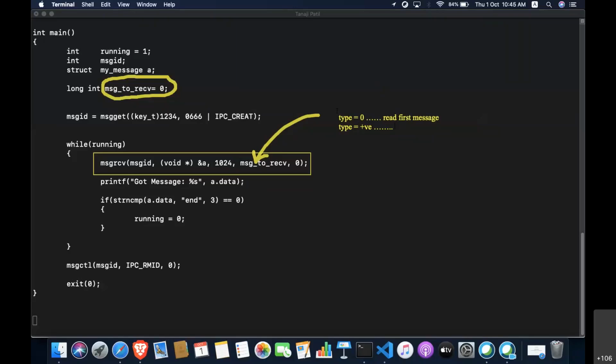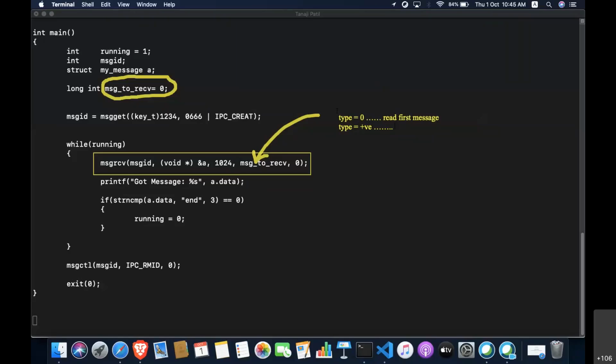So message to receive here, you can see it here, message to receive. If the value of that is -8, then absolute value of -8 is 8, and it will try to read the first message in the queue whose value is less than. So definitely less than that, right? Now suppose